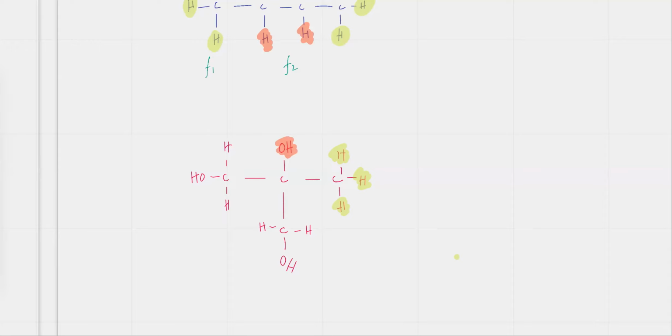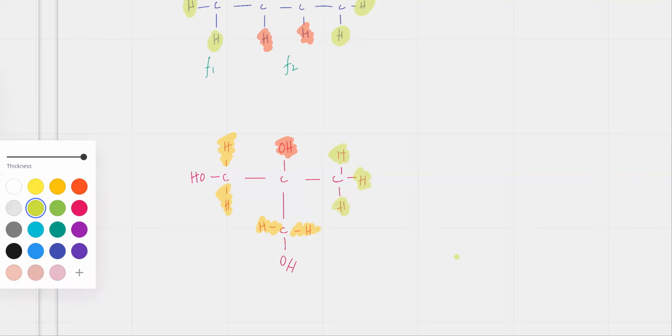So what about then you have this CH2, but these two CH2s are exactly the same. Okay, because this CH2 is bonded to an OH, this CH2 is also bonded to an OH, and both of them are bonded to the same carbon atom, which is bonded to an OH. So the environment is exactly identical. And the two OHs over here, they're also identical. The environment is exactly the same. So that would be the